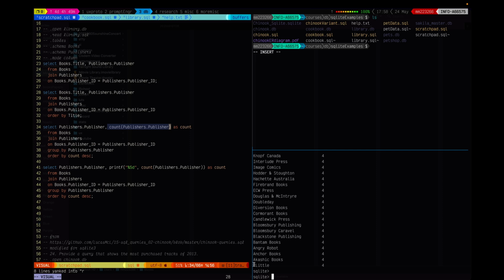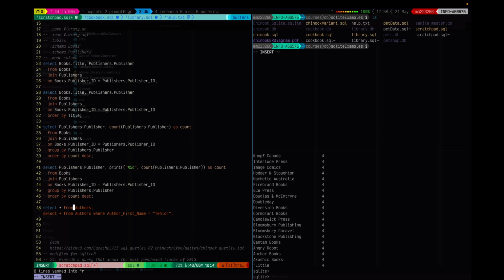Now I notice there's a mistake here. This should read Little Brown, and there's also a mistake in books. There's an error there. Let's see. I'm going to fix this error, so I'm going to do this in a couple of stages. So I'm going to say select star from publishers where